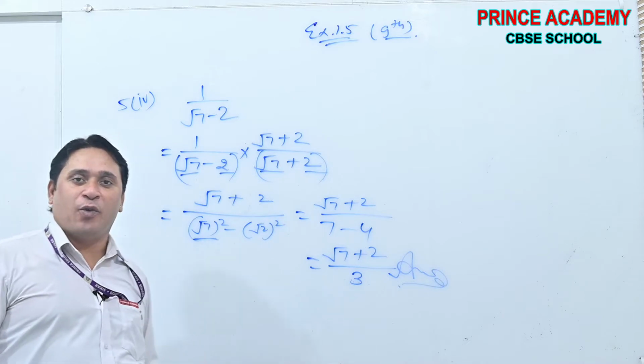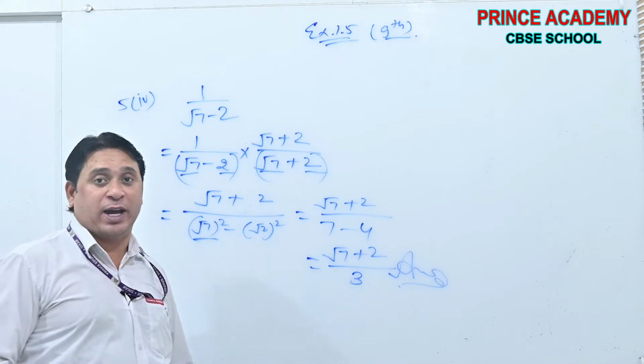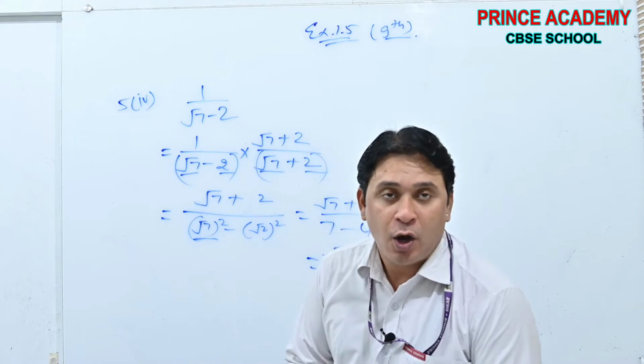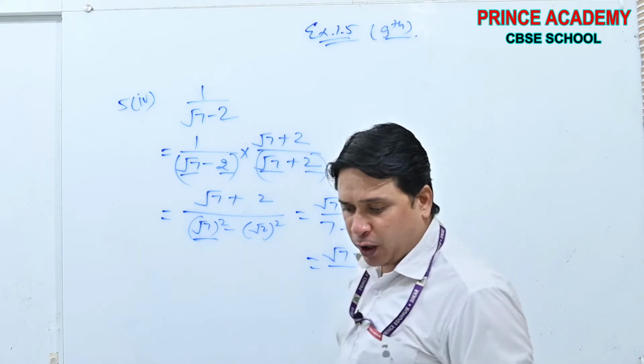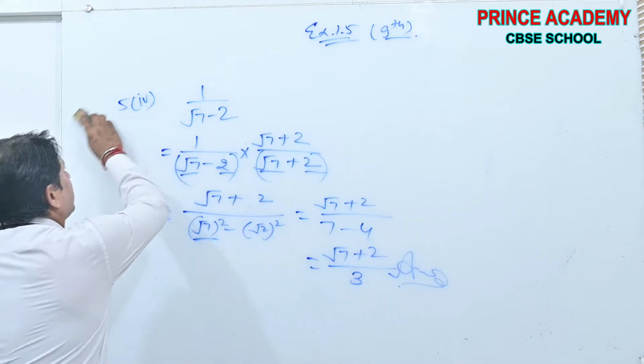All the sums, or the parts of question number 5, were so simple and so easy. Okay beta? Sorry. You got all the information? Do not worry beta. See, now I am going to start